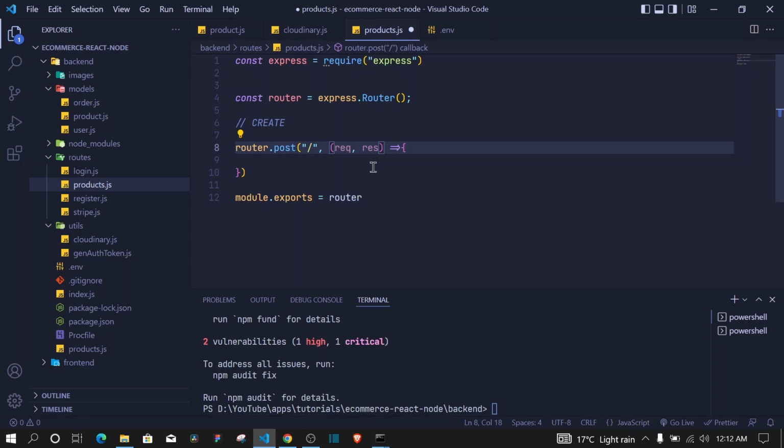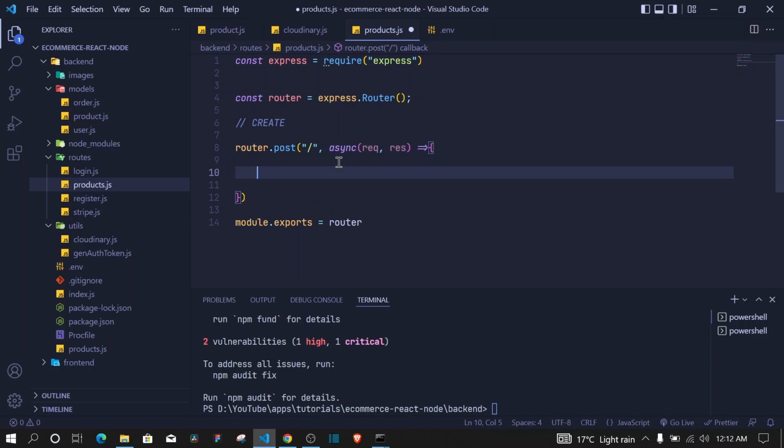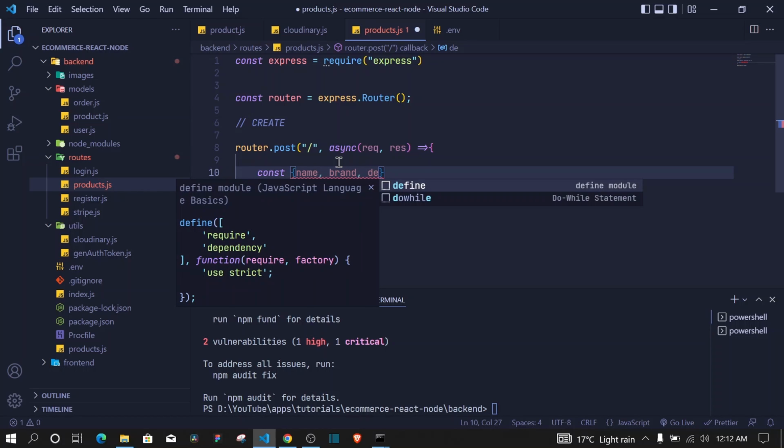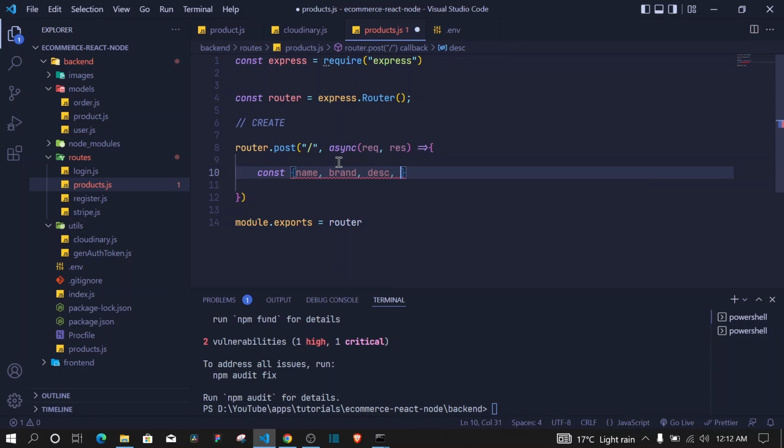Since we will be performing some async request, I can make this function an async function. Now the first thing, I'll extract the properties for our product from the request body. So I'll get the name, the brand, also I'll get the description, I'll get the price, and also the image from